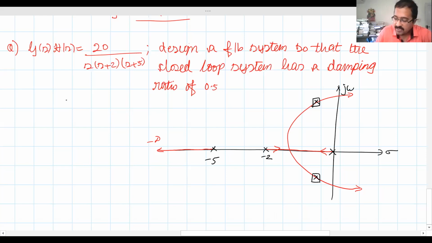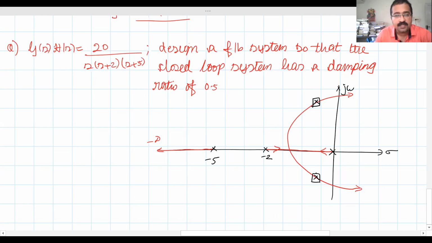Okay, so that we can have a damping ratio of 0.5, because all the transient response specifications are spelled out for a standard type 0 underdamped second order system, but this closed loop system will be a third order. So we have to find its equivalent approximate second order plant. That's what we are doing. So we have chosen this as the dominant pole. This will be the complex conjugate.